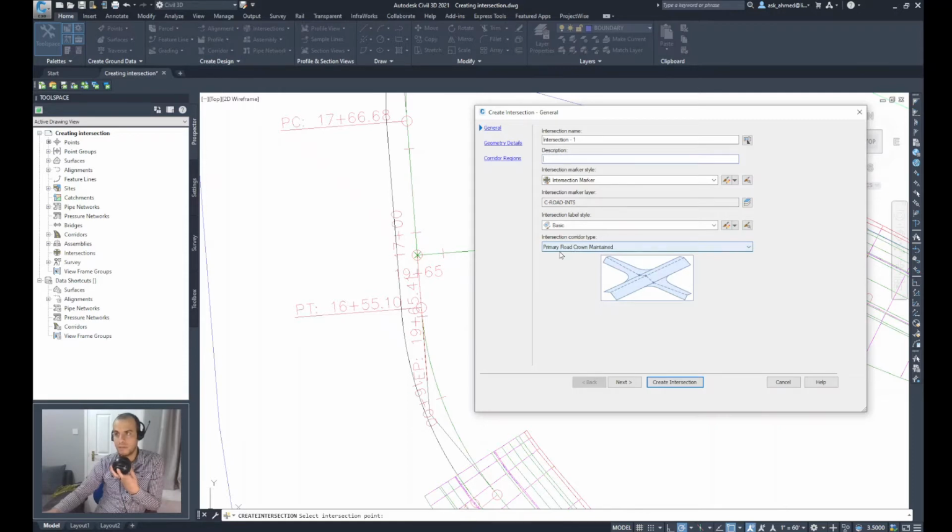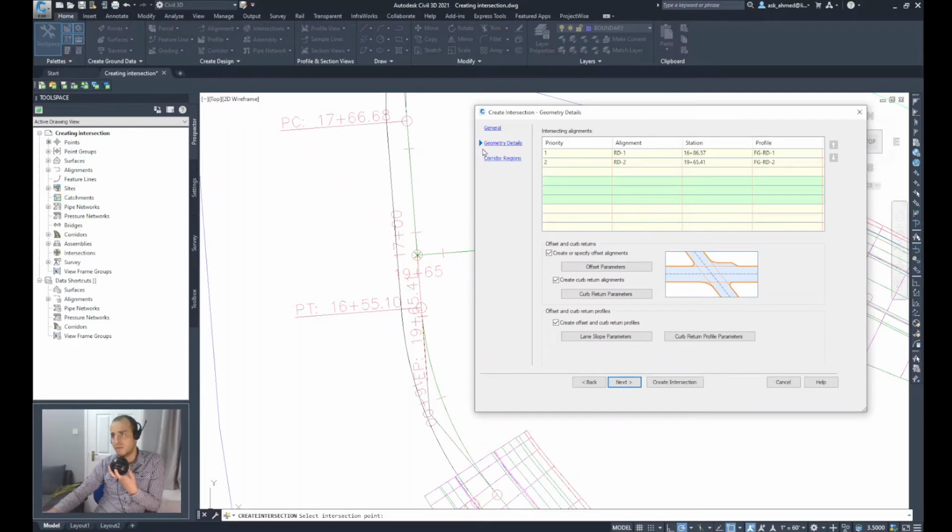You've got two options: primary road crown maintained or all crowns maintained. This picture shows a preview of the two options. In the first option, the main road has the crown continued, and the secondary road is impacted by that and changes the crown to the edges of that primary road. But if I choose to maintain all crowns, you will see that all the crowns intersect in the middle of the intersection. So I will select the first option and say Next, which takes me to the second group